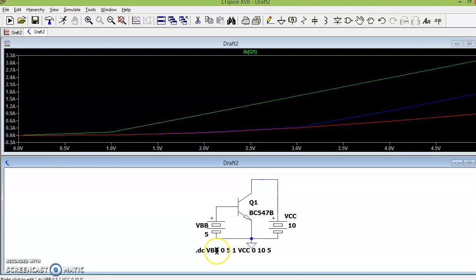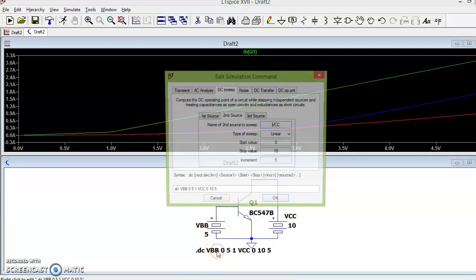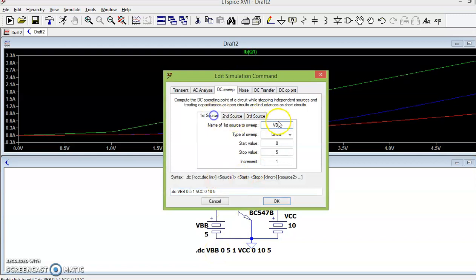Let's do output characteristics. So when I do output characteristics, I just have to change my first source. So my first source, I'm going to vary my output current with reference to input to output voltage. So let me have the variation 0 to 10, say in steps of 2. So at least I'll be able to see 5 characteristics. And I'll also vary my input battery to observe effect of input voltage or input current on my output current. Yeah, so maybe that variation can be 0 to 5 in steps of 1. Okay.